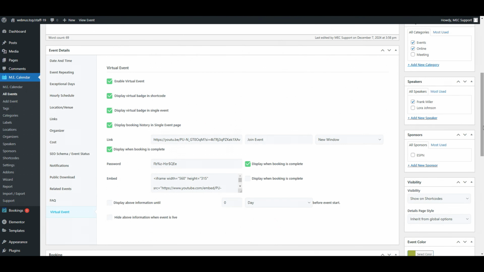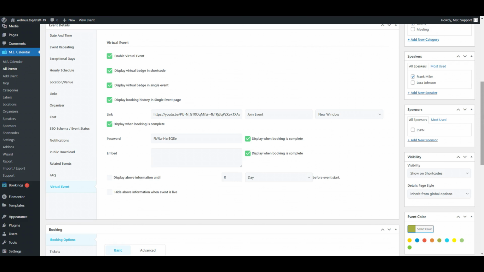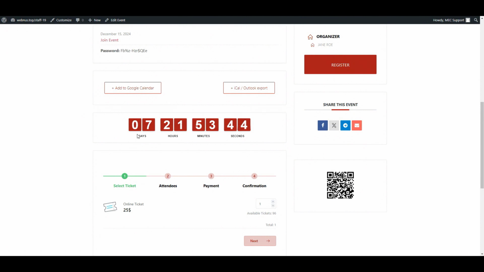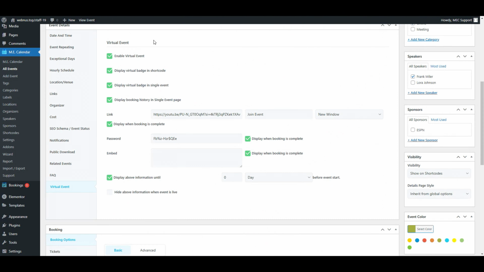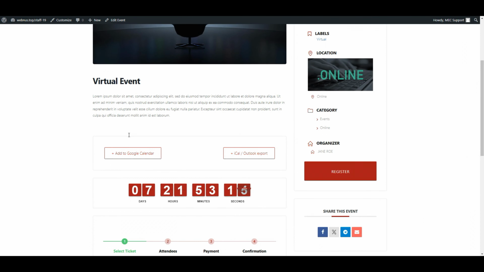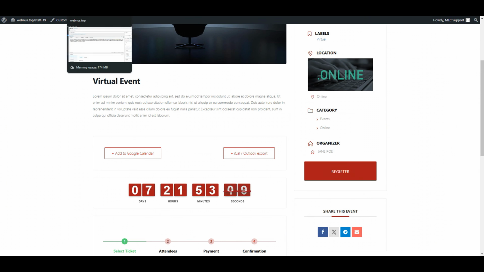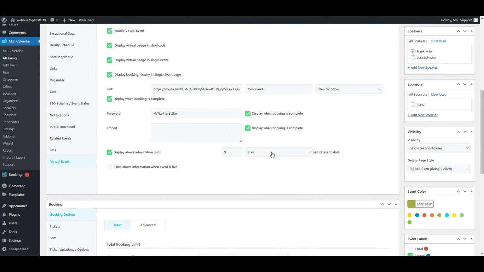We've already gone over the link and password sections. The next remaining field concerns how long the above information will be shown before your event starts. So, on our event, the countdown module shows that 7 days are left until it starts. If I set 9 days before event starts for the virtual event, then the event info will no longer be shown. As you can see, the history field is no longer being displayed because it was available only 9 days before the event start. The other time options available for it